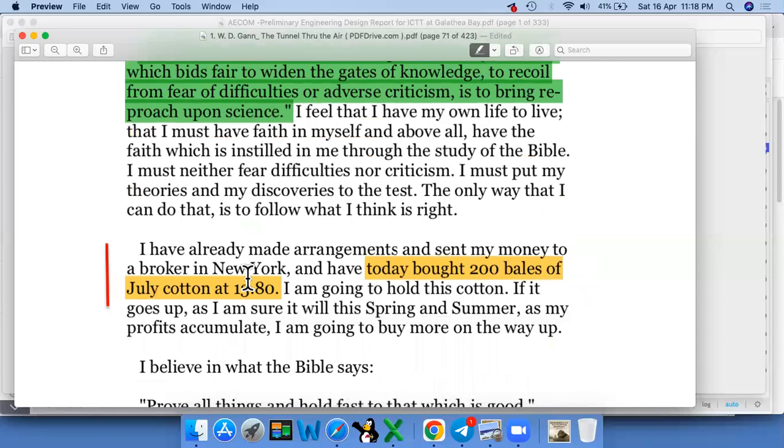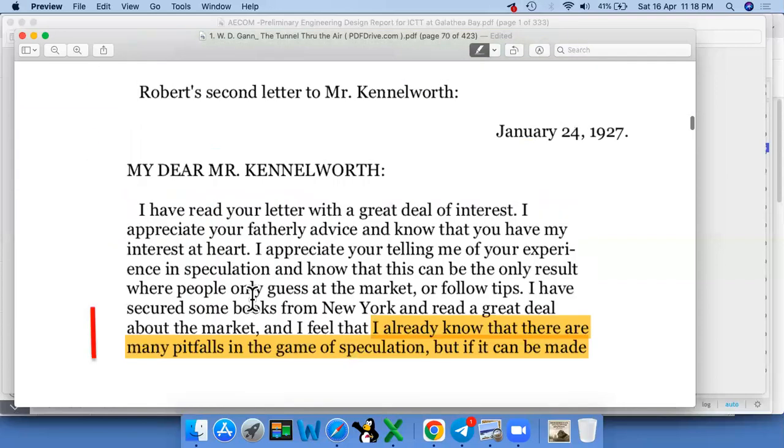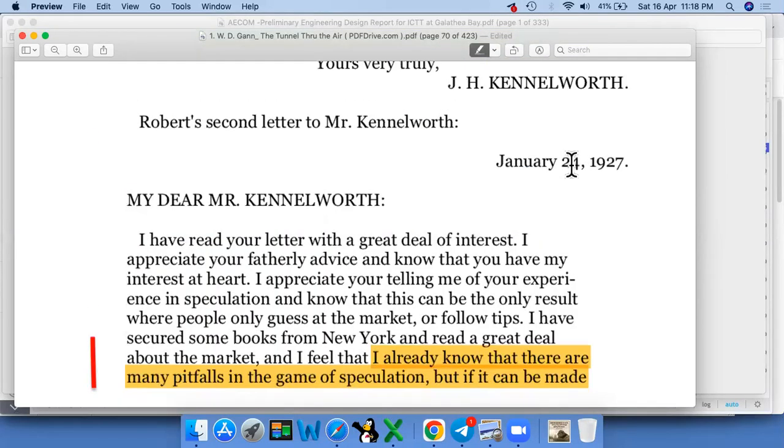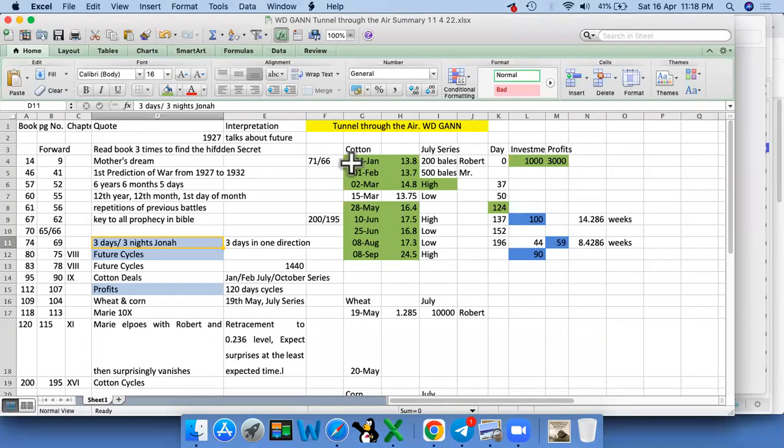Now talking about the July cycles, cotton cycles, which are there specifically, I have already made arrangement to send my money to a broker in New York and have today bought 200 bales of July at 1380. Right? Now, what is this 1380 and when did he buy that? So this letter was there on 24th of January. Right? So in terms of interpretations,